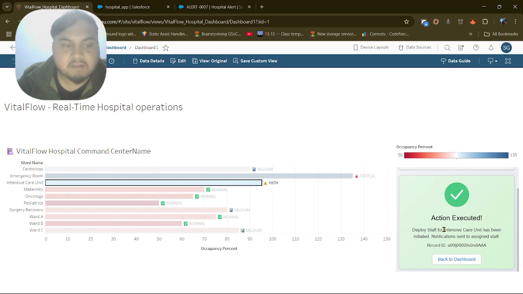Behind the scenes, it doesn't just write to the database. It publishes a platform event to the Salesforce event bus, and this decoupled, event driven architecture ensures that VitalFlow can handle thousands of signals or requests per minute without crashing the system. Now we'll move to the main